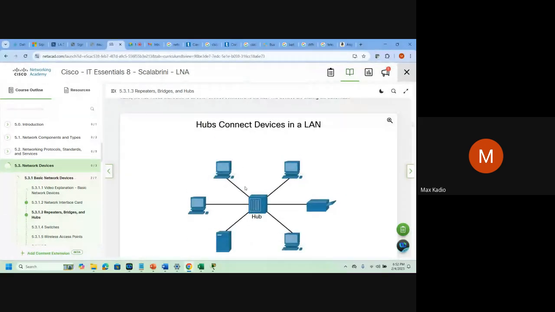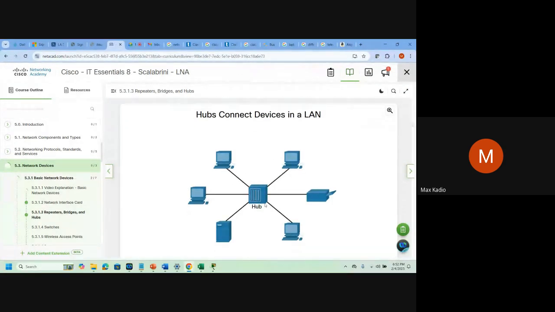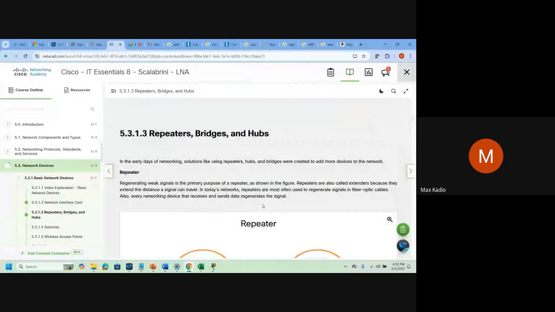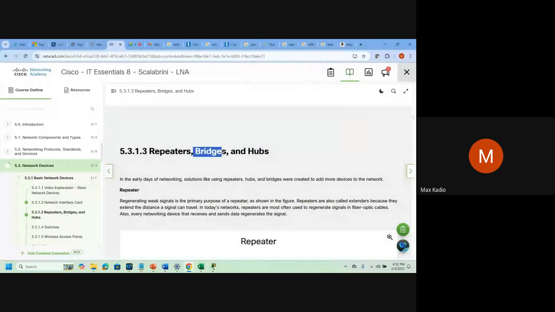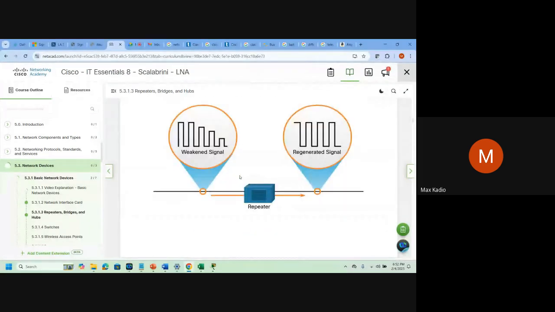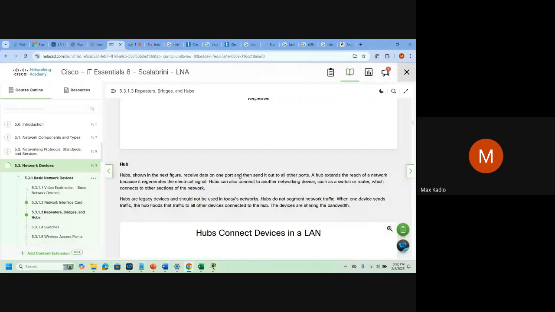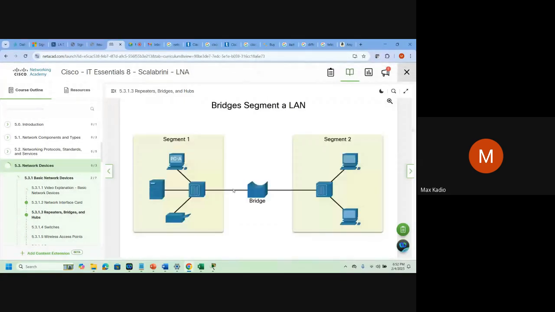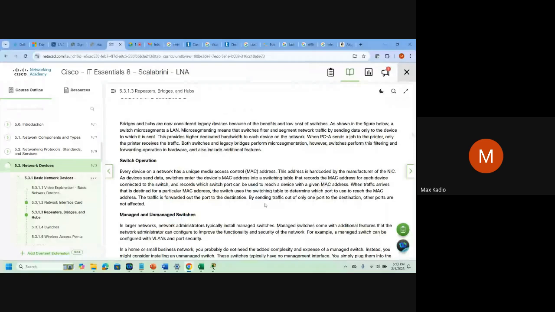So in the old days, before the switch, it started with a device called a hub. This chapter, you don't need to memorize. Just try to understand what I'm explaining to you, the basics. So before the switch, we used a hub to interconnect things. Let's say it's iPhone 1. Then we went to iPhone 2, iPhone 3. Now we have iPhone what? That is, we switch to the latest version to interconnect people. After that we got a bridge, and now we have a switch.